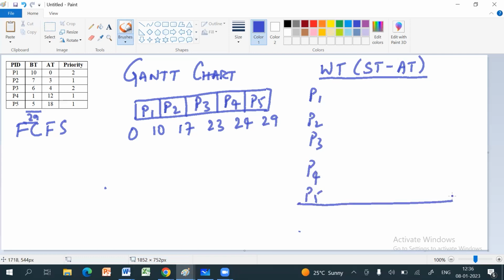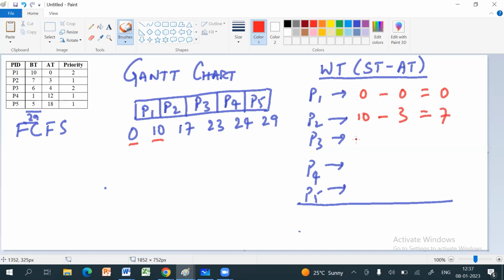So obviously from the Gantt chart, you are able to see that P1 has started at 0. Okay, so P1 started at 0. So start time minus the arrival time, which is 0. P1 arrived at 0, right? Okay, then followed by P2. So P2 started at 10. So 10 minus the arrival time, which is 3,